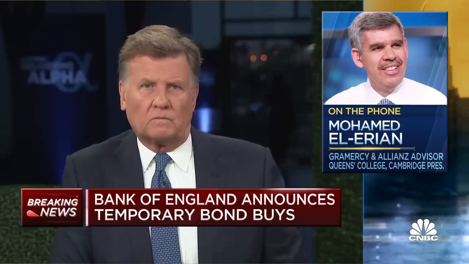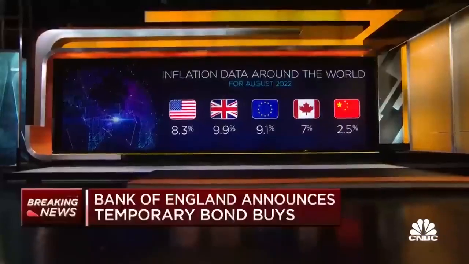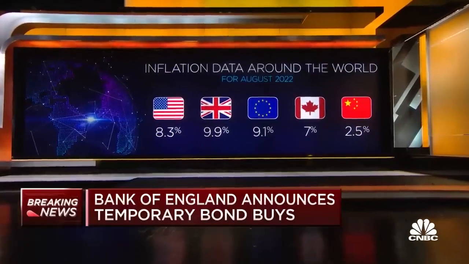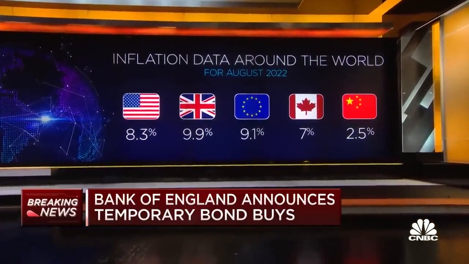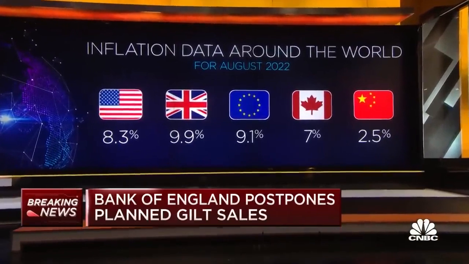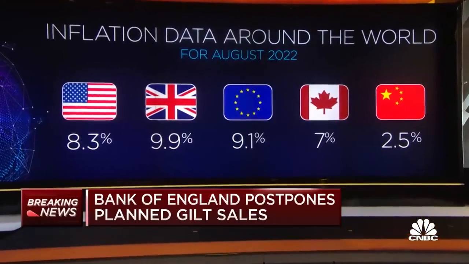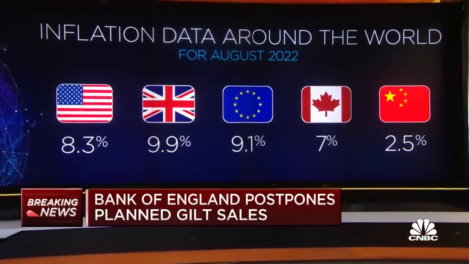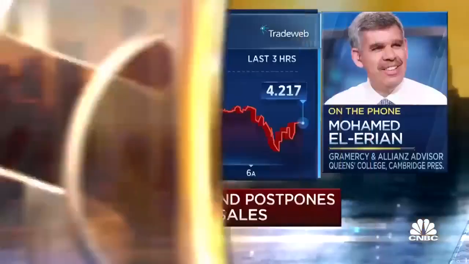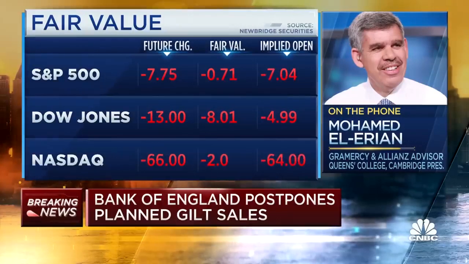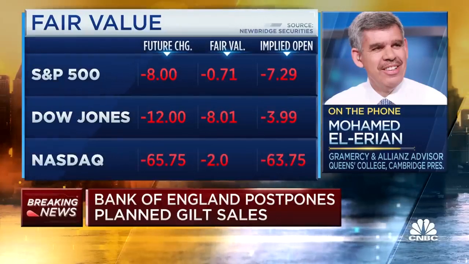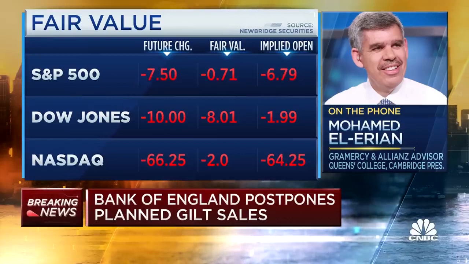So first of all, this has nothing to do with data dependency. The data dependency today would have meant a more hawkish central bank, not a central bank that puts in liquidity. The numbers that came out this morning in the UK showed that prices at supermarkets, the inflation rate is going up. So this is not data dependency. Right. This is responding to the risk of market malfunction and real concern about financial accidents. This is what this is. Now, it goes counter to what they need to do for inflation. So it highlights the inconsistency of monetary policy.